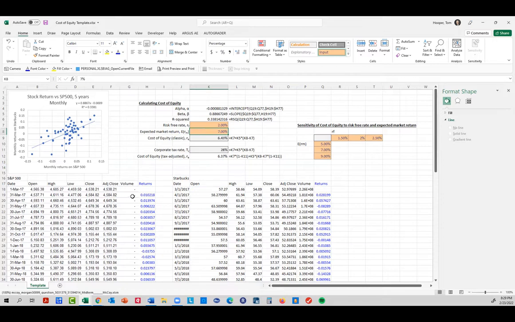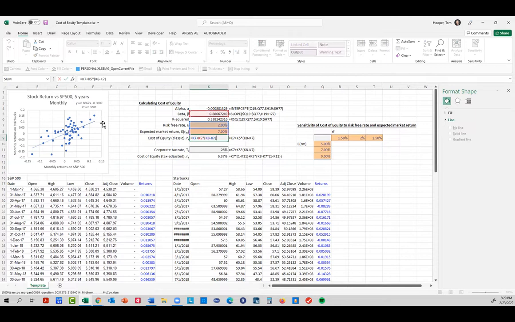Now, I probably should average, well, these would be monthly. I'd have to calculate the annual, convert it to annual. But if I'm willing to make an assumption about the long-term market performance, then I can calculate the cost of equity. And instead of using 20%, which comes in the template,